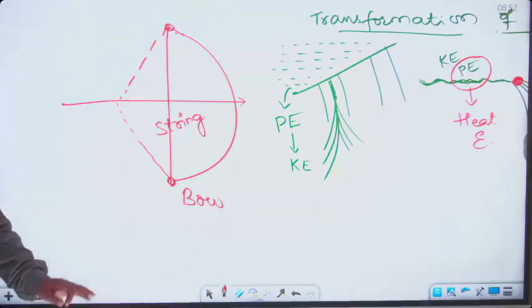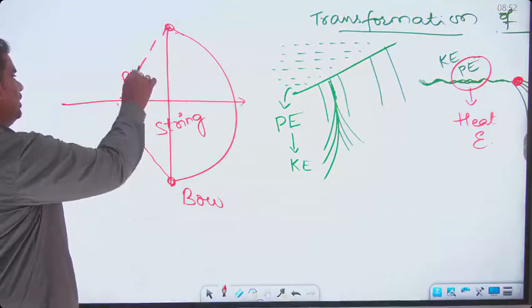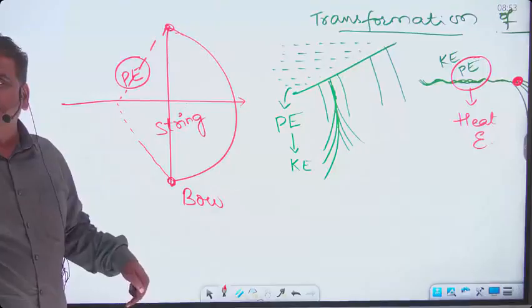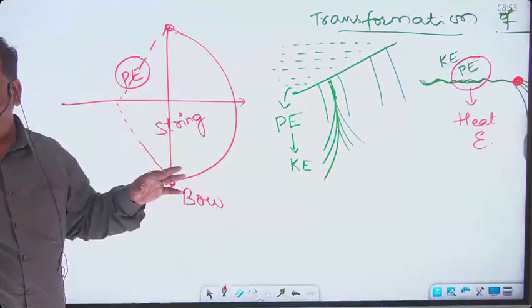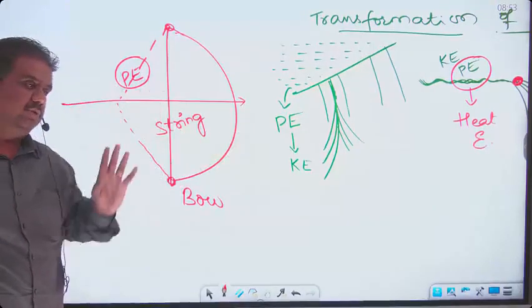Energy stored in the string of a bow is always potential energy, which gets converted to kinetic energy of the arrow. ఆ దారం మొదలు పెట్టగానే అందులో ఉన్న పొటెన్షియల్ కాస్త ఇట్ ఇస్ గెటింగ్ కన్వర్టెడ్ టు kinetic energy of the arrow